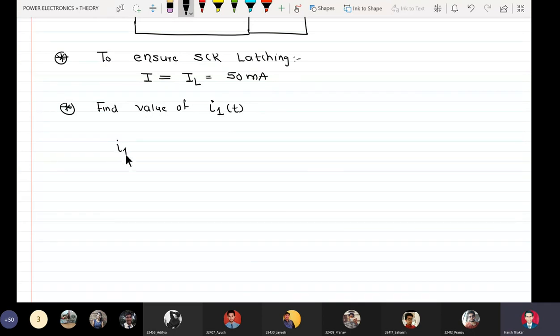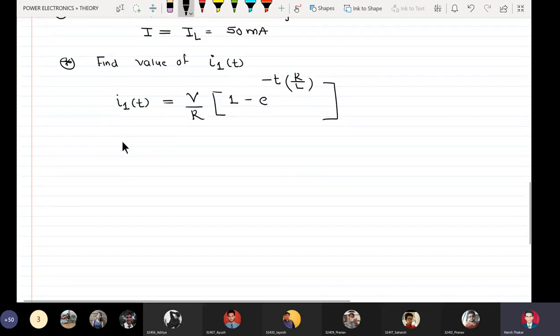So I1 of t is equal to V over R into 1 minus e raised to minus t into R over L. Okay,